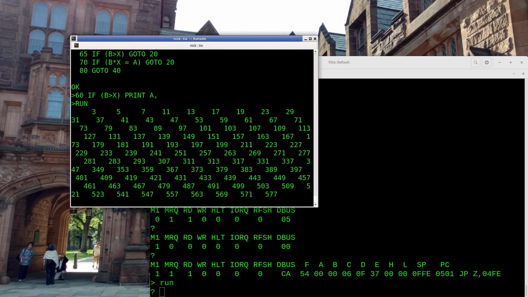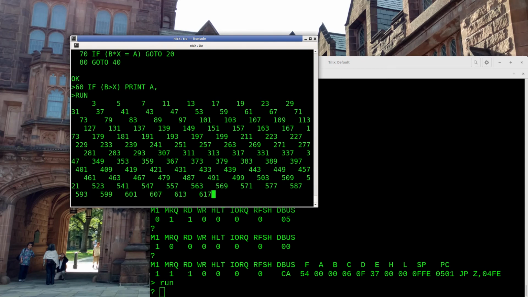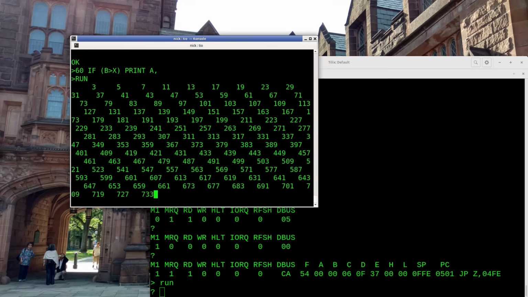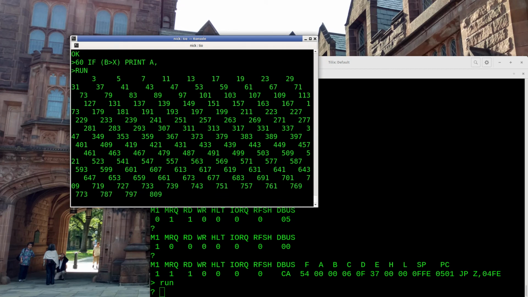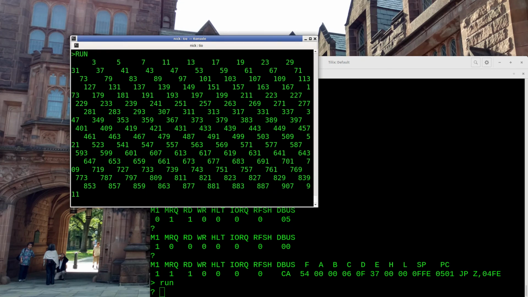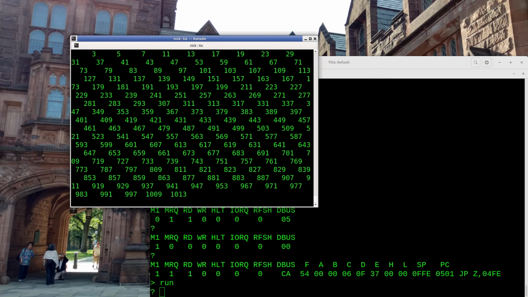So BASIC is interpreted, and it's running on this modestly clocked Z80, typically 4 clock cycles per instruction, like a no-op, but depending on the number of operands, you can go up to 10, 20 in some cases clock cycles for one instruction. So not a whole lot of throughput, but it works. We got up beyond 1,000, so